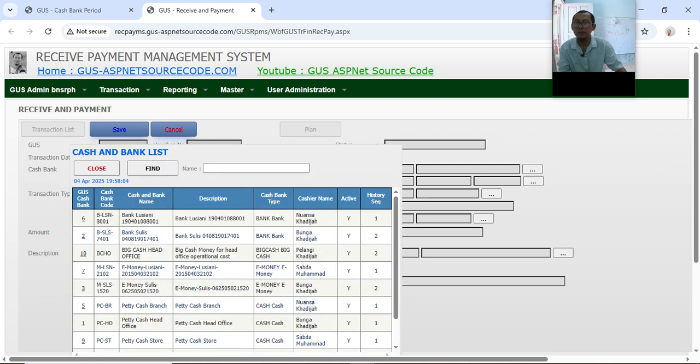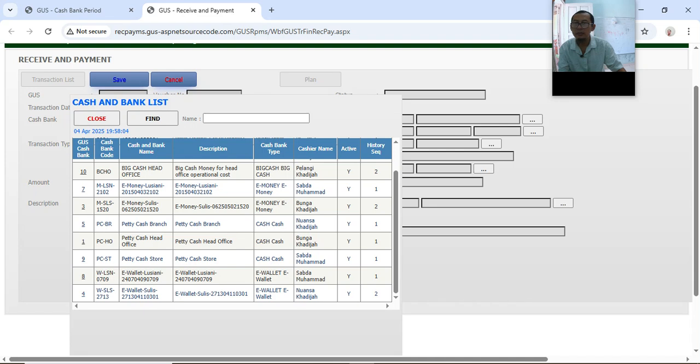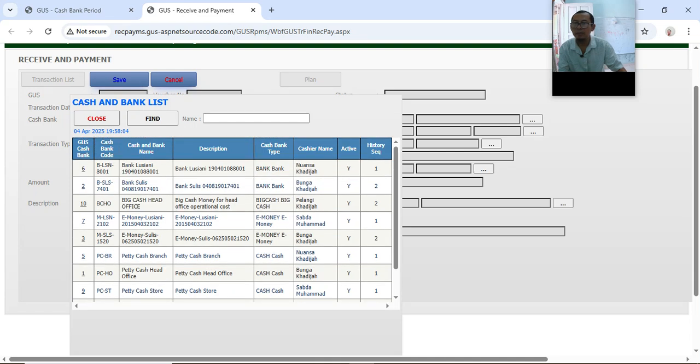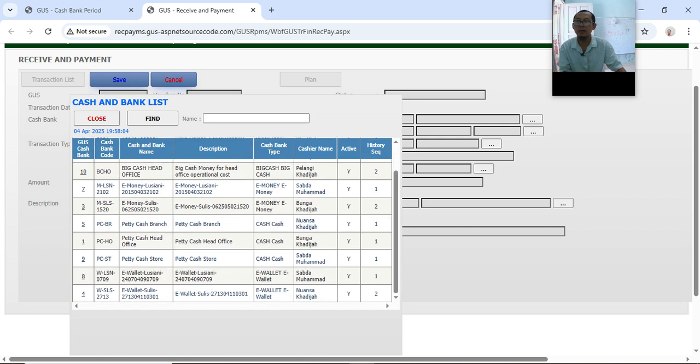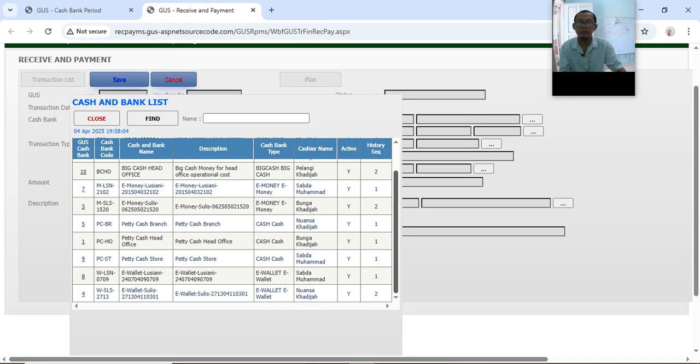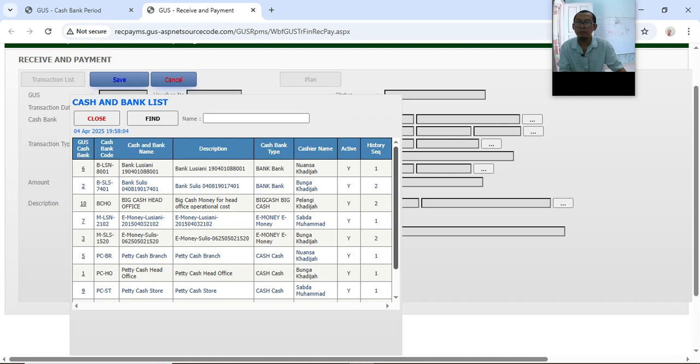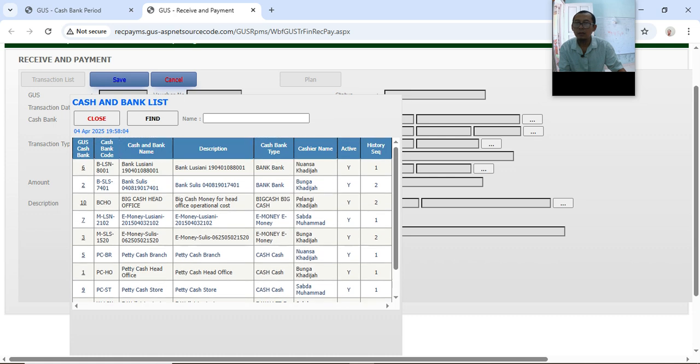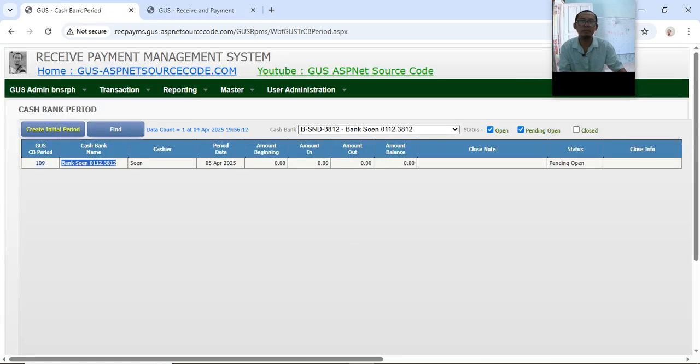Cash bank, I will try to get Bank Sun. Let's find our Bank Sun. Oh, I'm sorry, Bank Sun is not here. Maybe because it is still pending open. The status is still pending open.